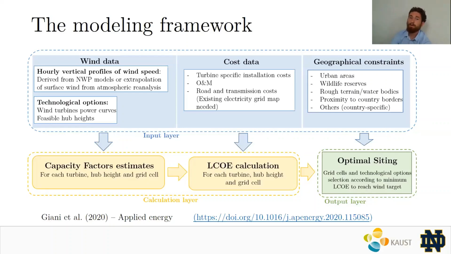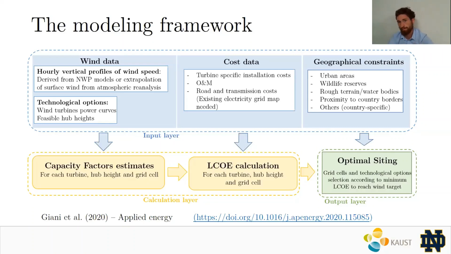So it's not only about wind speed, we took into account detailed cost data. So something like turbine-specific installation cost, O&M, but also if you're building, for example, a wind farm very far away from the existing electricity grid, you would need to build the electricity grid from the wind farm to the existing grid to actually connect it, right? And that entails a big cost. So we quantified, or at least provided a methodology to quantify, all these costs.